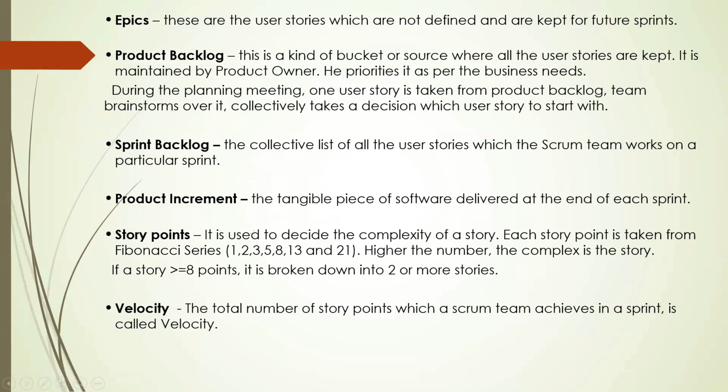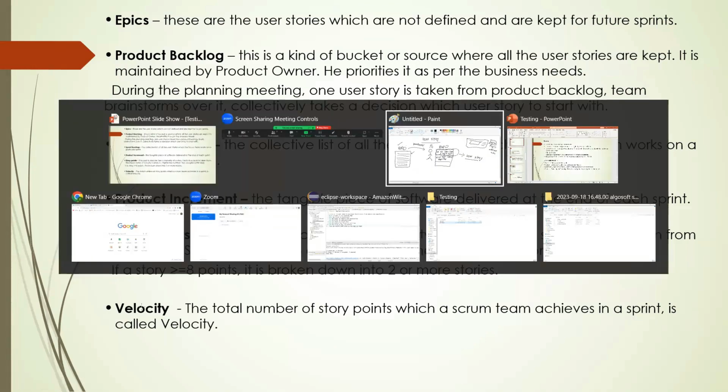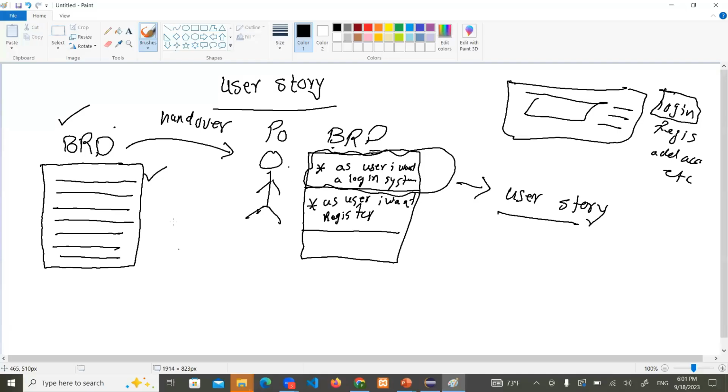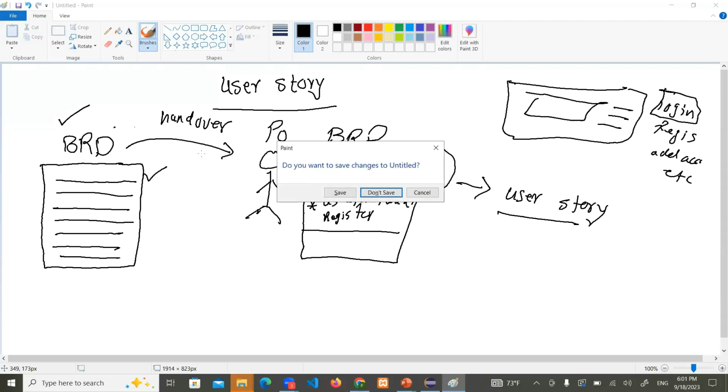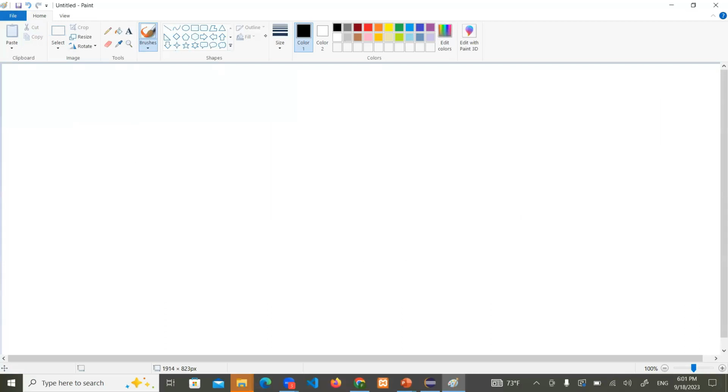Now, the next thing we have is epics. Now, what are epics? Let's see. We have the definition that says these are the user stories which are not defined and are kept for a future sprint. What does this mean, guys? Let me go back to the slide, and let's say, for example,